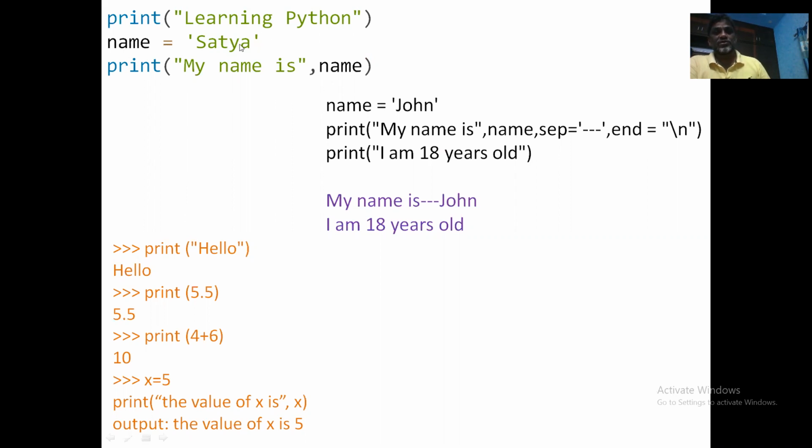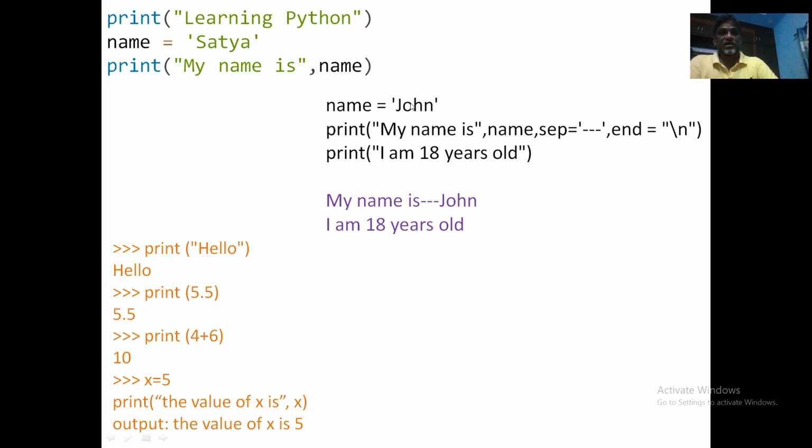So this will create a variable with the string Satya, and then I am printing a message. My name is, comma, name. So this will be printed as it is, and this print statement prints my name is followed by this name. So this will be replaced by the name mentioned here.